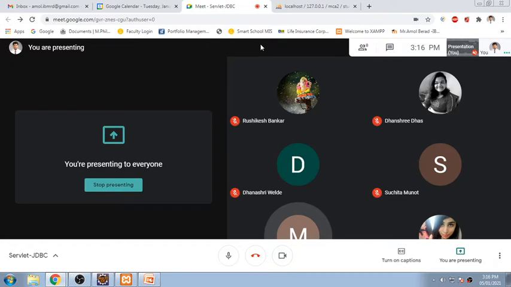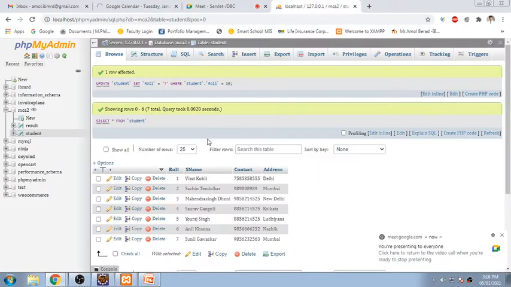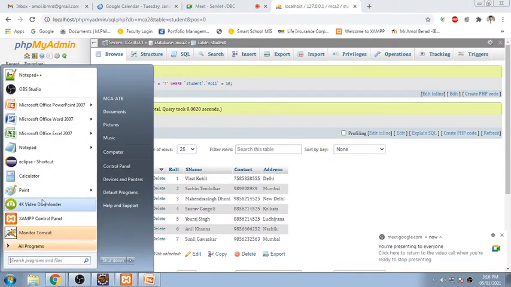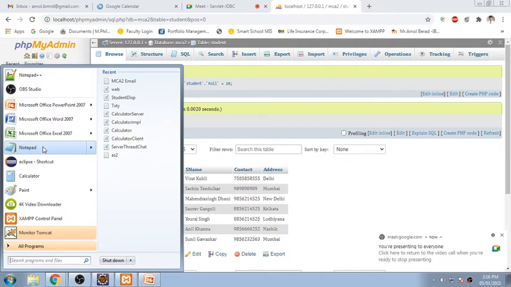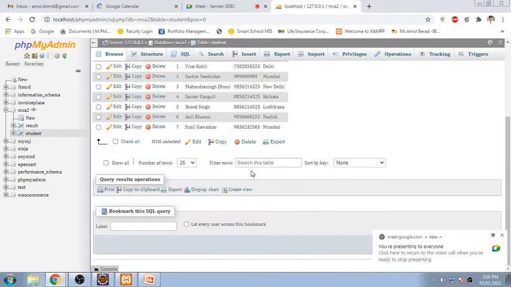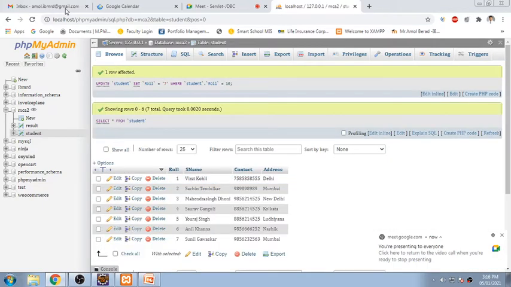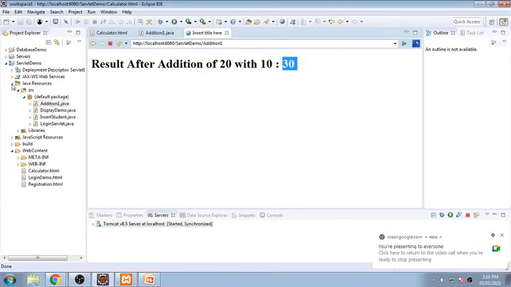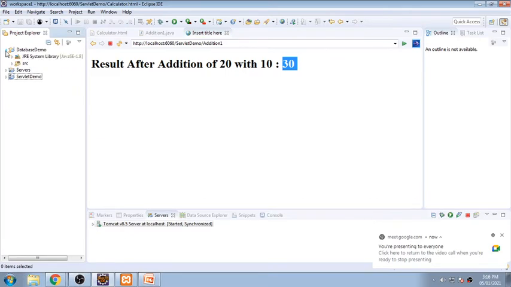Now my today's assignment, today's program will focus on database connectivity. Database connectivity means that we will be retrieving something, and it will be displayed directly on a screen. Basically, we have already done this program in the previous session, so I just want to refresh those things.